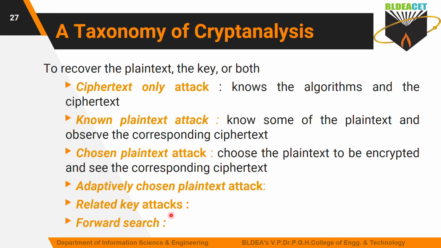So like this, they will make different types of attacks to recover the plain text or the key, and with the help of either one they will get the other. The aim of the attackers is to get the plain text and the key, so for that they will perform all these types of attacks. With the help of these attacks they will try to get your actual plain text or key. This is what we call cryptanalysis. Is it clear now? Okay, thank you.